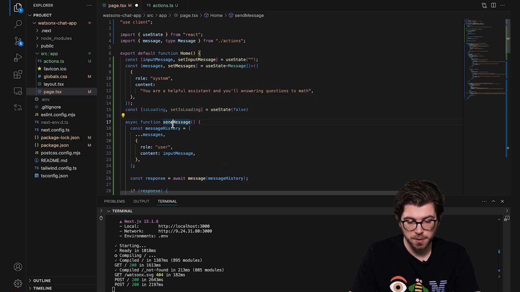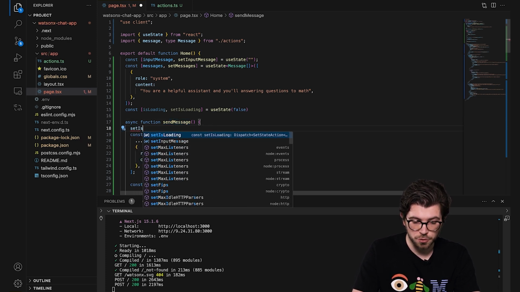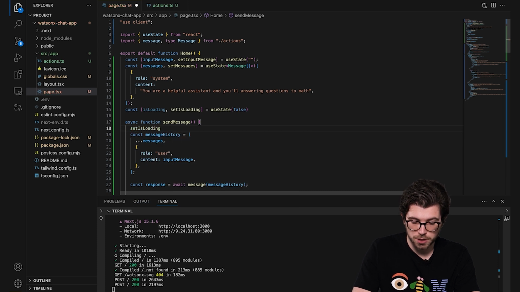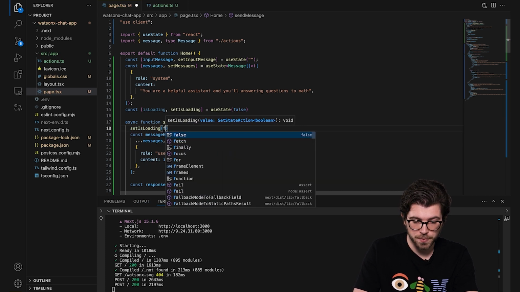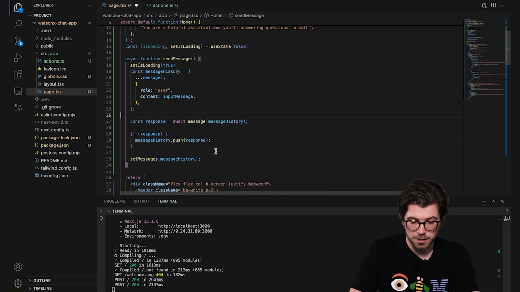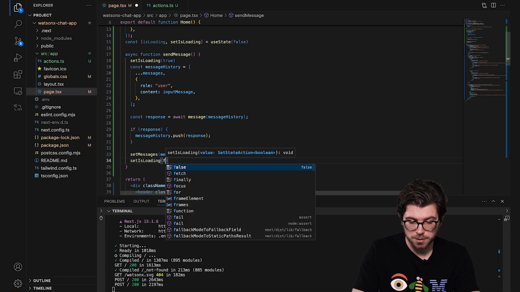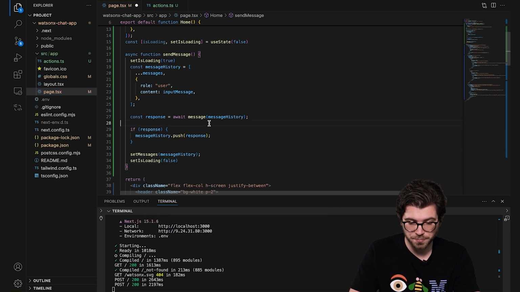So by default, my application isn't loading. Whenever I press send message, I want to set the loading state to true, so I know the application is doing something in the background. Make sure this is set to true. And then whenever it finishes and updated my message history, I want to make sure that it's no longer in a loading state. So set this to false.